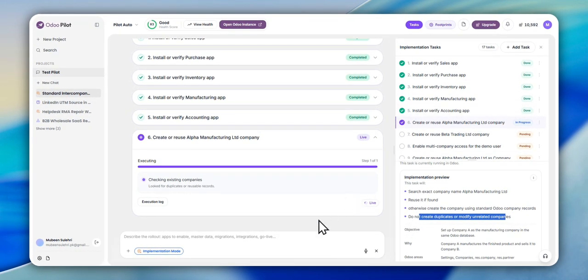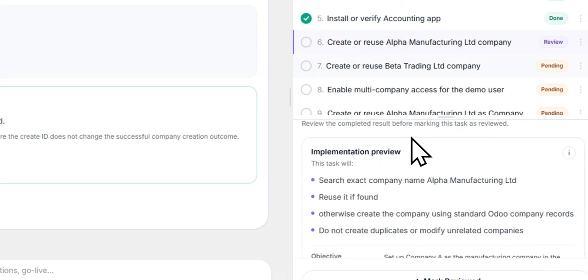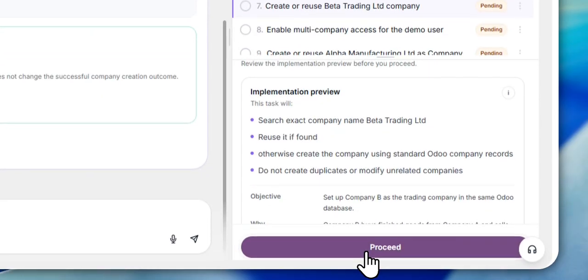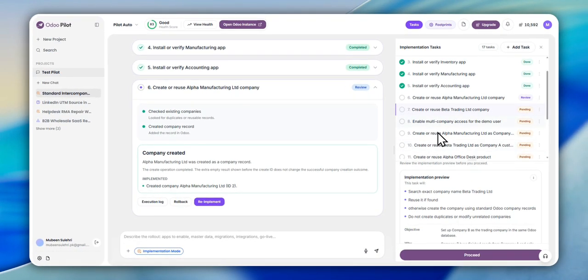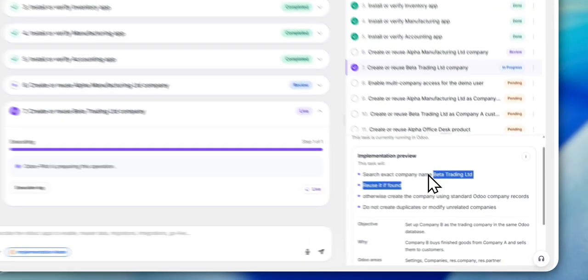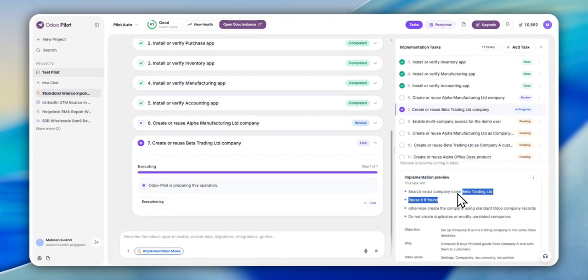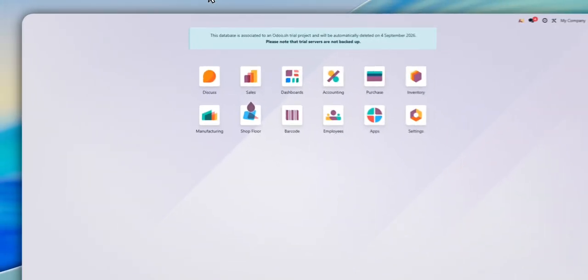The process is in progress, and now this task is also done. So we will create the second company also. In this task, the company Beta trading will be created if it is not in our database. This task is also completed now.